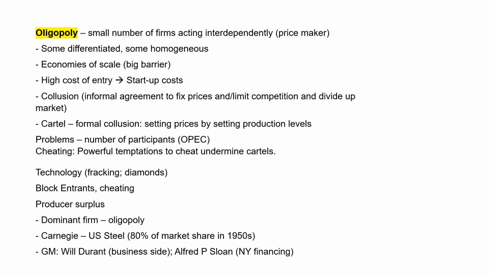So before, as long as I'm here talking, I'll talk about it right now: when we talk about interdependently, what that means is that you're interlocked in pricing. And so this is where we start talking about collusion. They're informal agreements to fix prices and to limit competition, dividing up the market. So if you've got just a handful of competitors in the market, an example of which would be, let's say, General Motors and Ford. General Motors, again, was huge, the largest portion of the market out there,